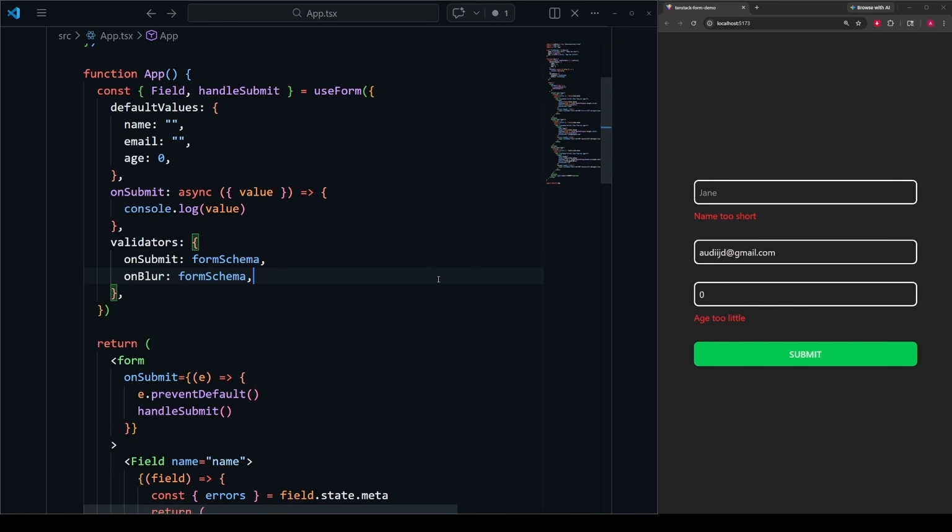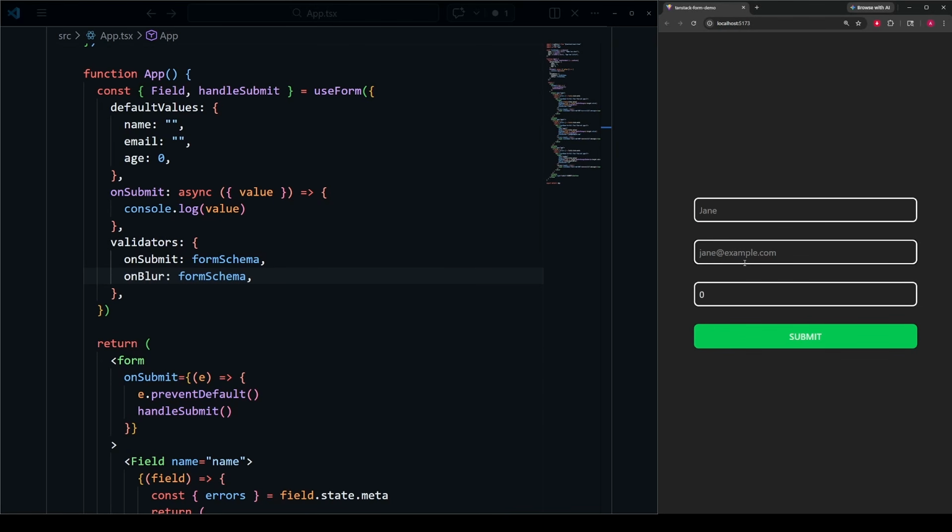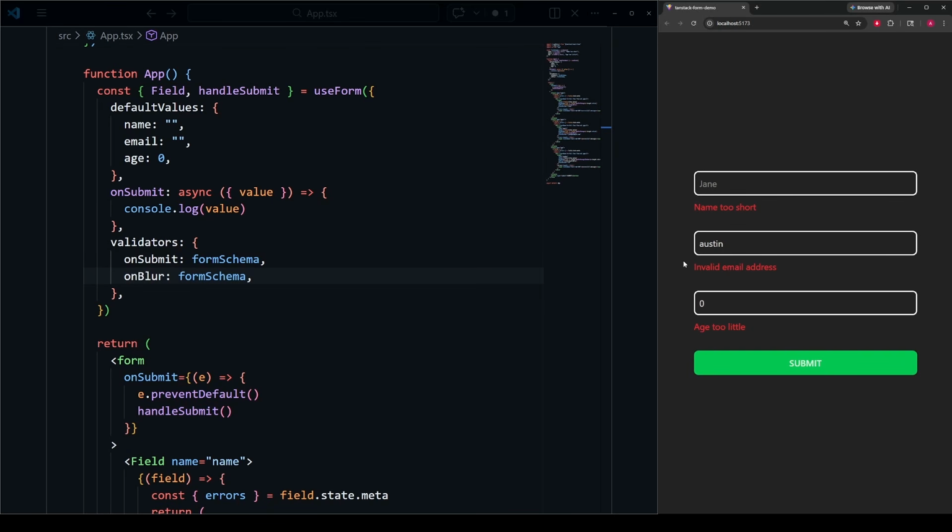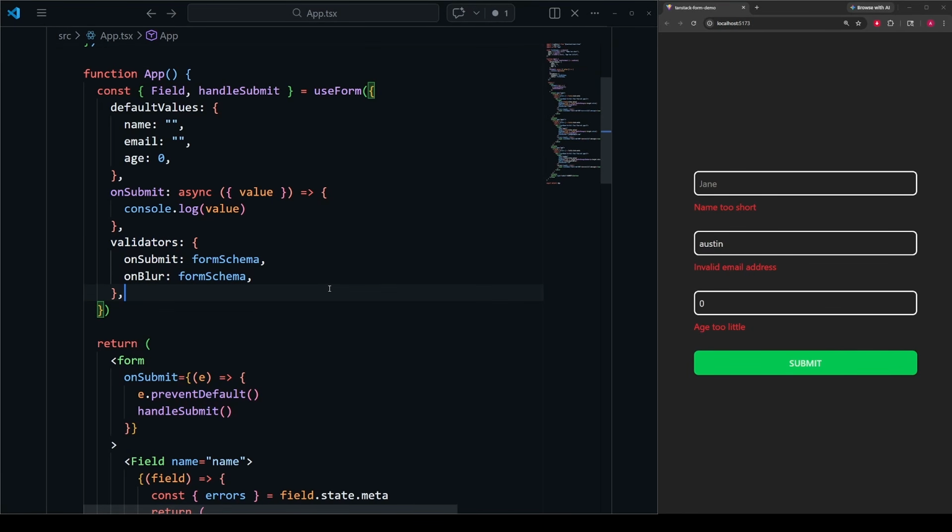For example, right now on blur, we're saying show errors immediately. Let's say I refresh this and I go into the email field and I type something that isn't a valid email. Like let's say just Austin, and I blur it. We're going to get errors for all three fields because we're validating at the form level, meaning we're validating everything. It doesn't make a lot of sense to show errors for the name and age fields when I'm just modifying